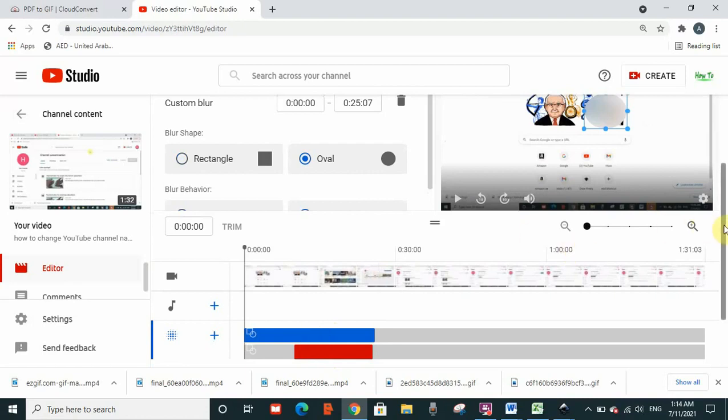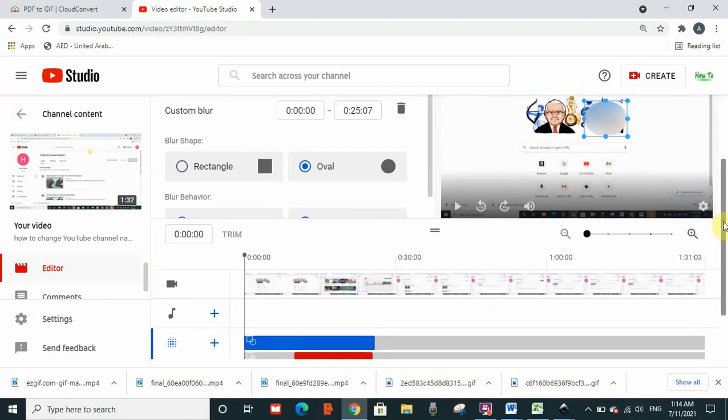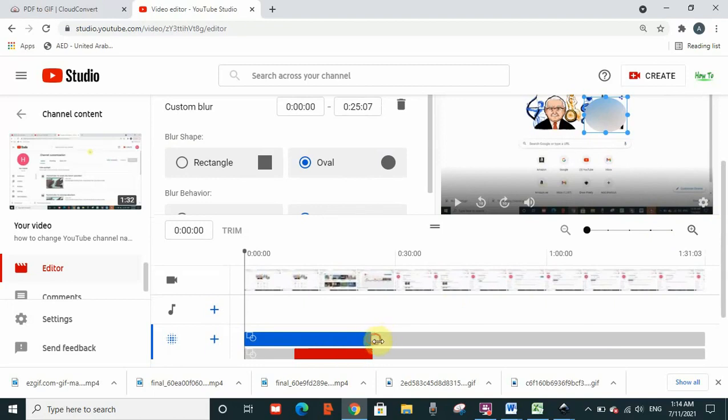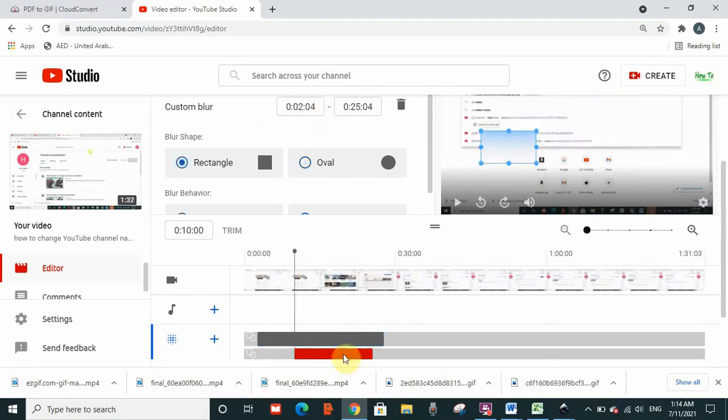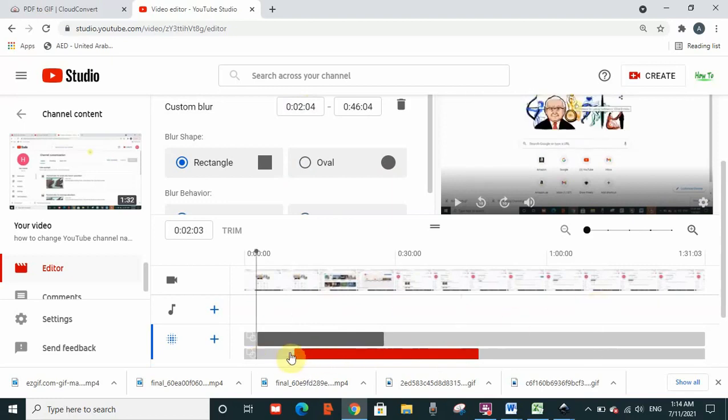The first one, you can change the time from down here. You see, if you move here, it will select the time as well, and you can change it from this side also, or you can change the time directly from here. The second one, when you select it, you can change the time from here, or from here, as well as from here. Okay, so